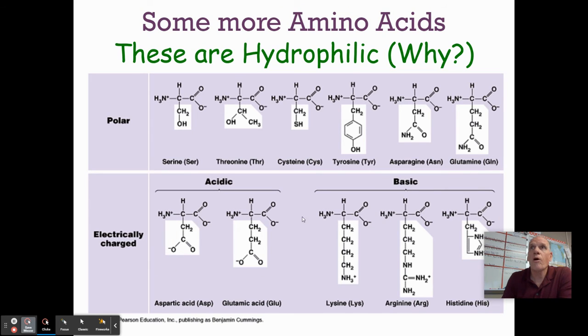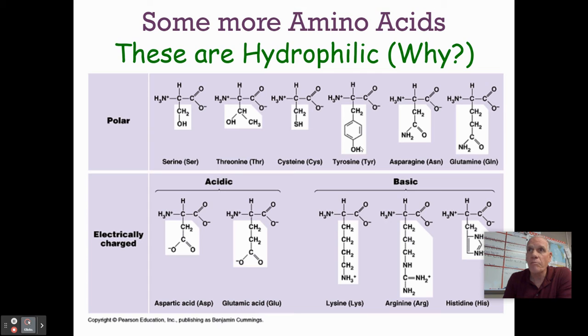The other group are the hydrophilic amino acids. And once again, we see the same thing: nitrogen, carbon, carbon, nitrogen, carbon, carbon. We see the variable R groups right here. If you notice about these variable R groups, these have oxygen-hydrogen bonds, and you know that oxygen is highly electronegative, so there's an unequal sharing of electrons. Sulfur is also pretty electronegative, so it has an unequal sharing of electrons. So these are all polar.